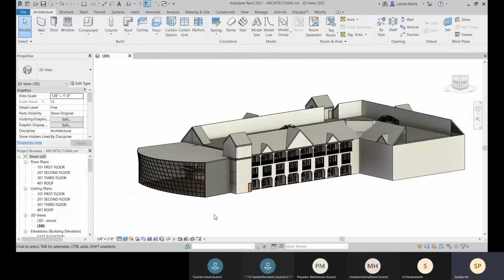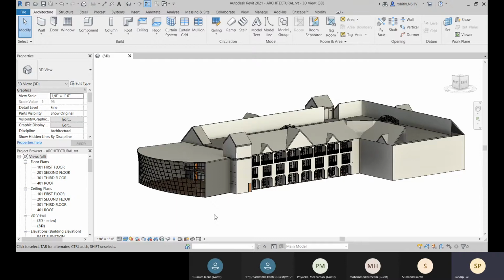Suppose Chandrakant is working on the first floor and Mohammed Hatim is working on the second floor. Okay. So you can see that you are working on the second floor, but you can check what is going on on the first floor there. What furniture is being used, you will be using the same, so you can check that while working on your second floor. So for that we will activate work sharing.